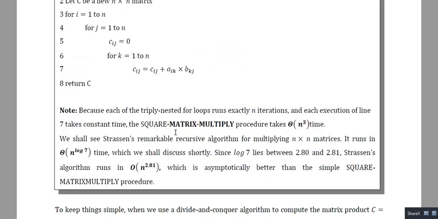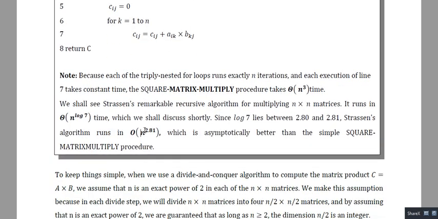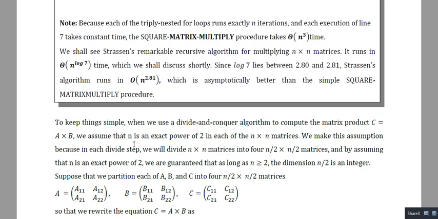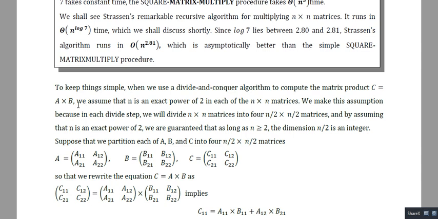In the normal method, both A and B have size n cross n. We will divide matrix A into 4 submatrices, and also matrix B into 4 submatrices. If the size of A is n cross n and B is n cross n, then the size of the submatrices will be n by 2 cross n by 2, right?